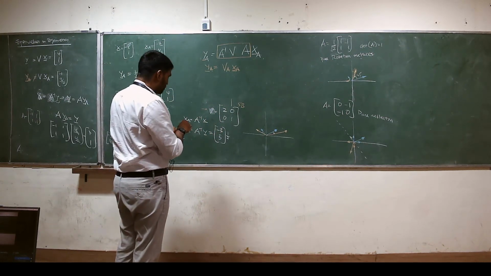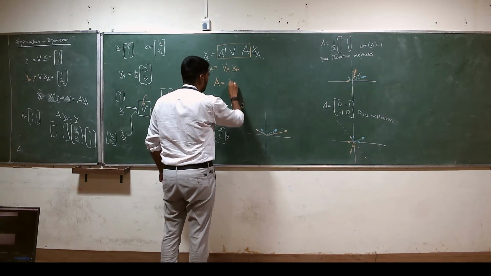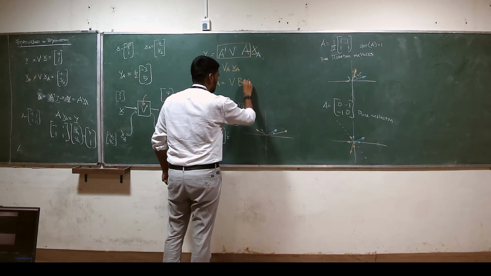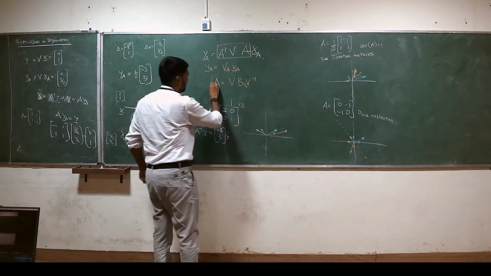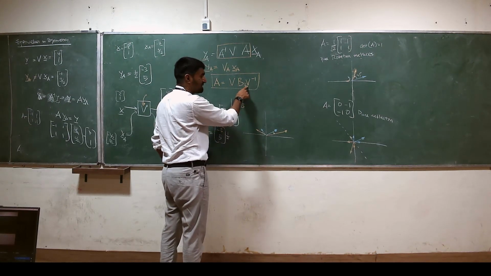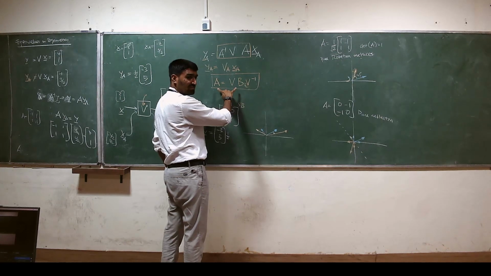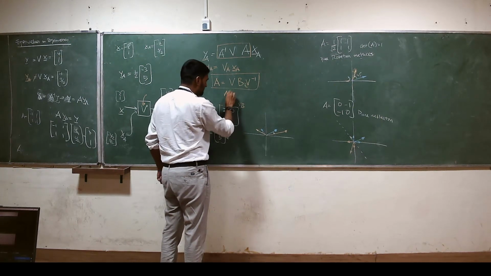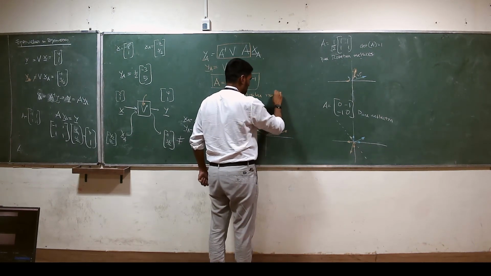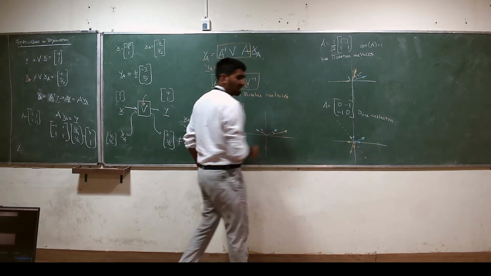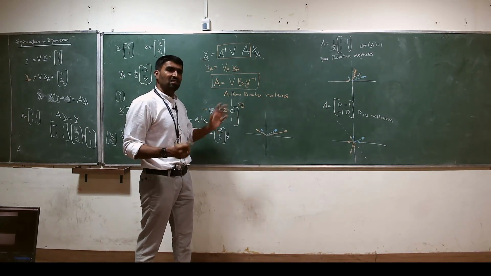And whenever you have two matrices A and B, let's say you have a matrix A which is some V times B times V inverse. Because I've written V inverse, that means V is square and invertible. Whenever you have two matrices that are related like this, A and B are called similar matrices. And what that means is A and B represent the same geometric operation,